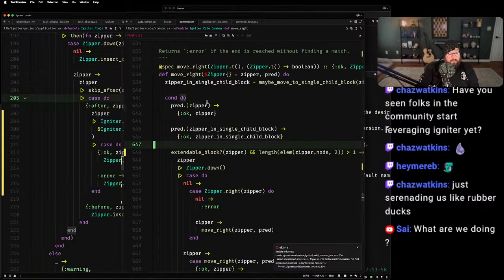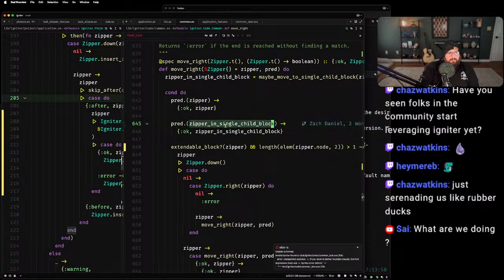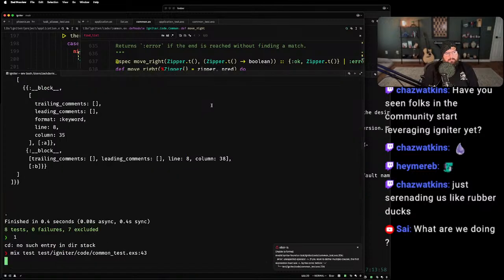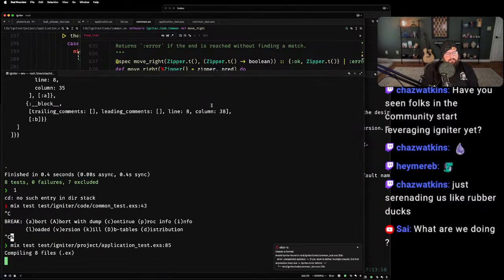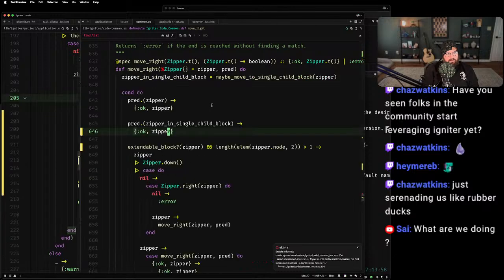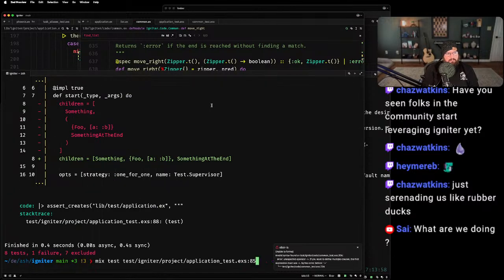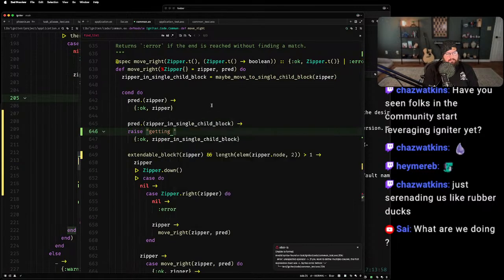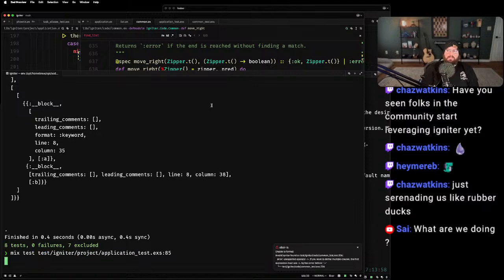let's see. So, oh, zipper in single child block. I think that's the problem right there. No. Oh God.